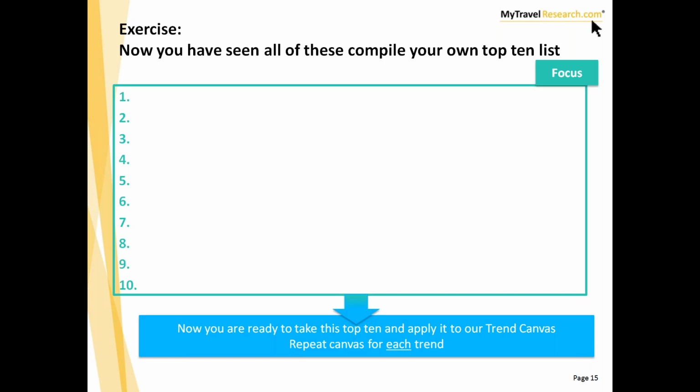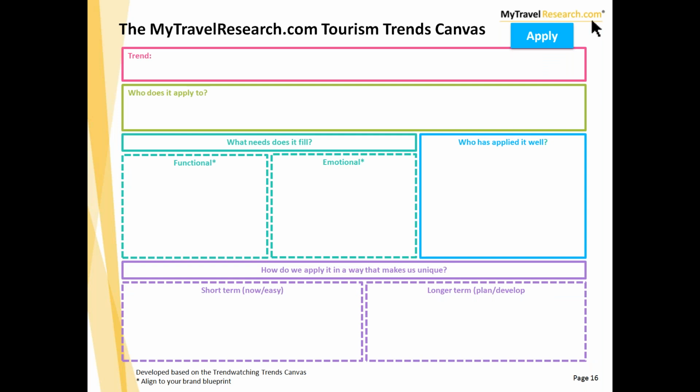So going away and doing this is a great exercise to do as part of your planning sessions. This is the trends canvas. We saw that Trend Watching had one, and we thought it was good, but we actually thought there were some improvements we could make that were specific to our industry. So we took away with this, you need to align what you're doing here with what you're doing with your brand. So the first thing you need to do at the top is to populate it,